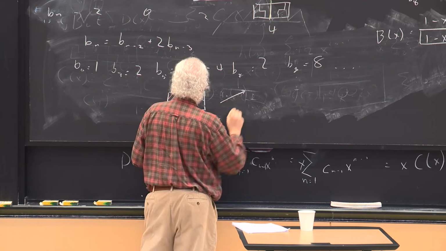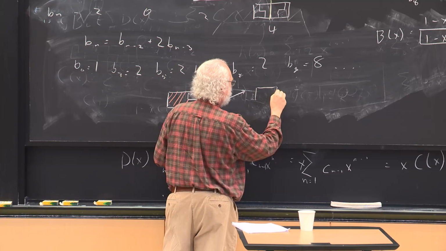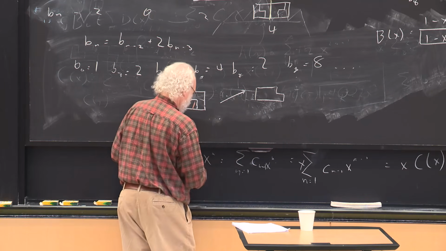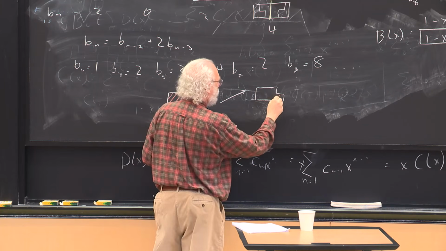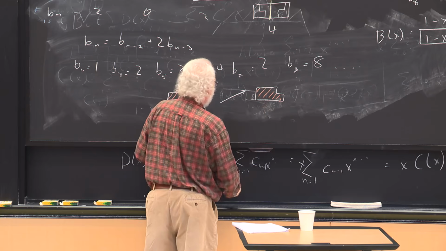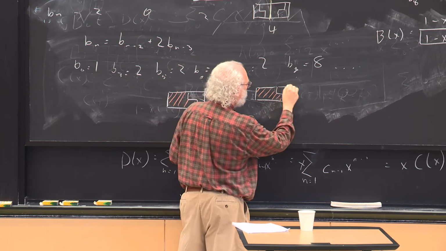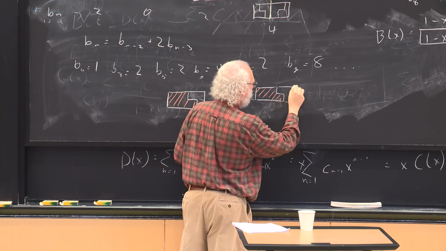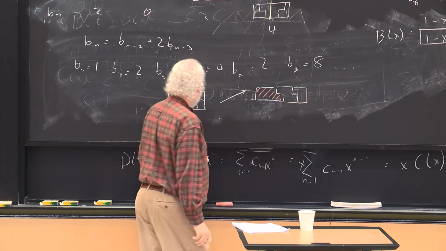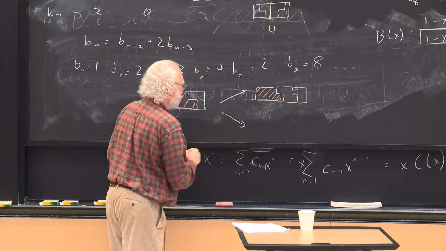You can extend it, use the same tiling in the first part, and add one of these Z tiles and add that. Or you can extend it